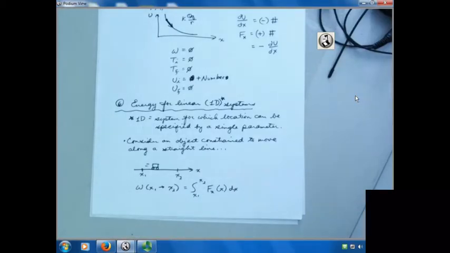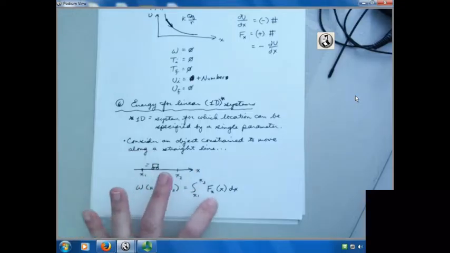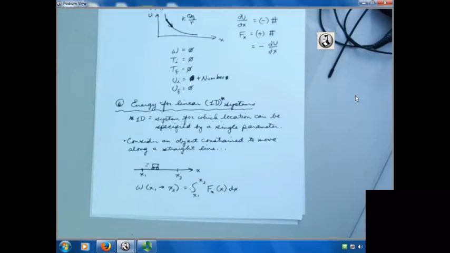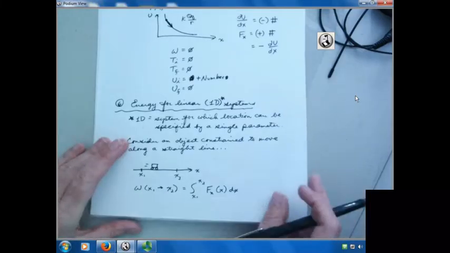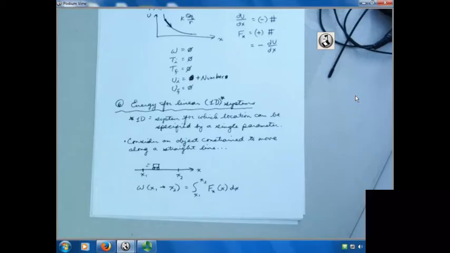So for right now, we're going to think about the force here, the net force, whose x component is written here, as being conservative. What that requires for it to be conservative is that the force is a function of location. I've already written it as a function of location. It also requires that the work done in going from one point to another point is path independent. And whenever a location can be written as a function of one parameter, it is always path independent.